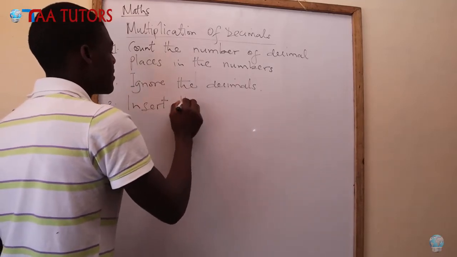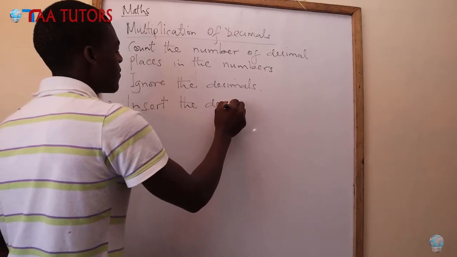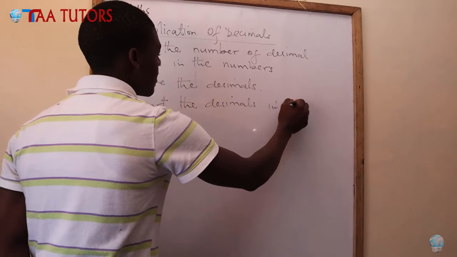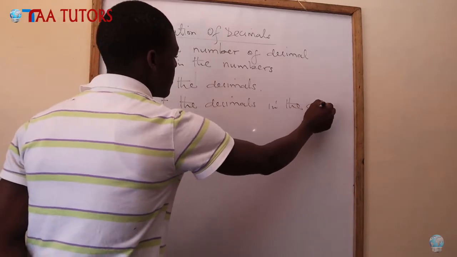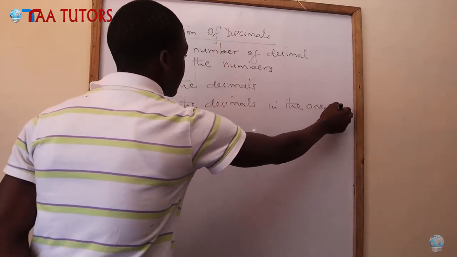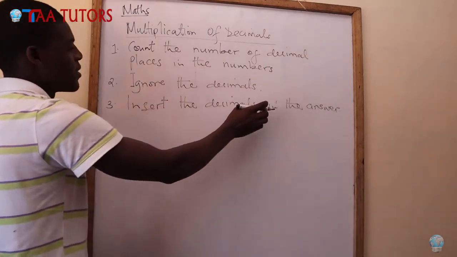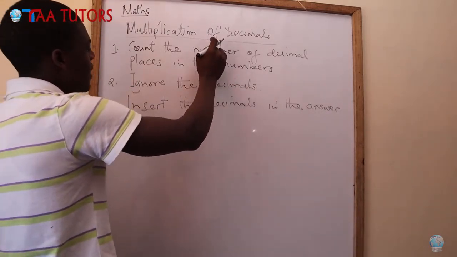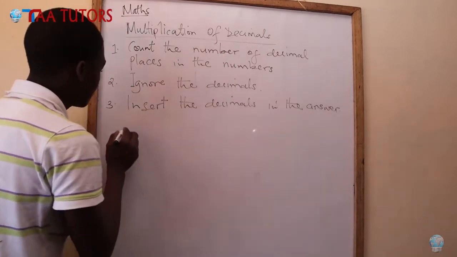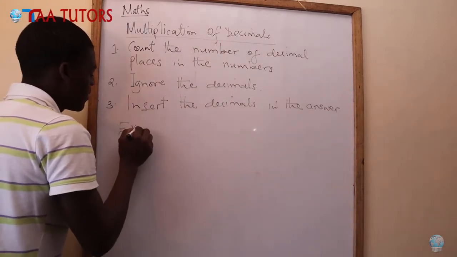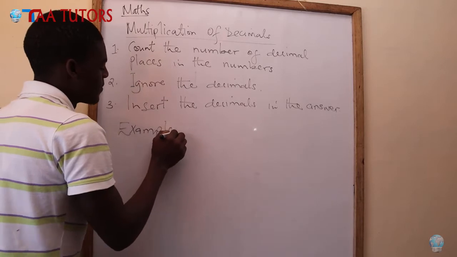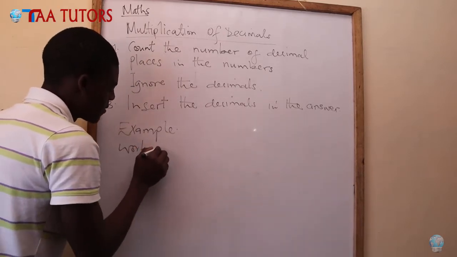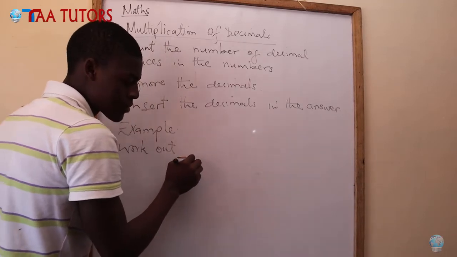We insert the decimal in the answer. And remember that the decimals you are inserting in the answer must be equal to the number of decimal places you counted when you are starting multiplication. So when I give an example, maybe it will illustrate further. We have a workout for